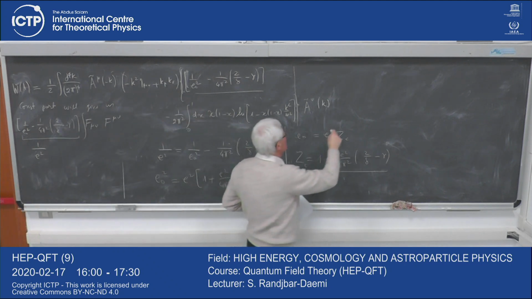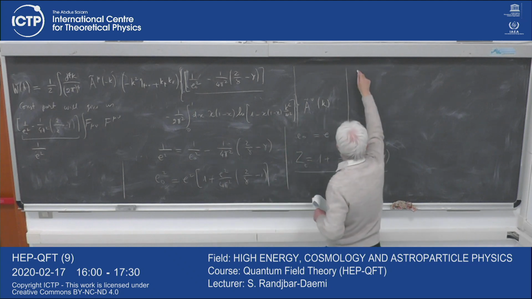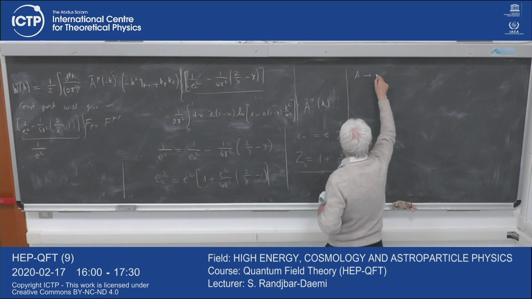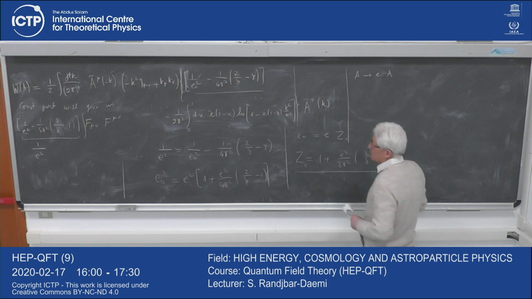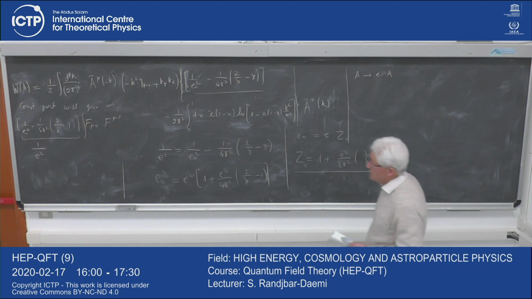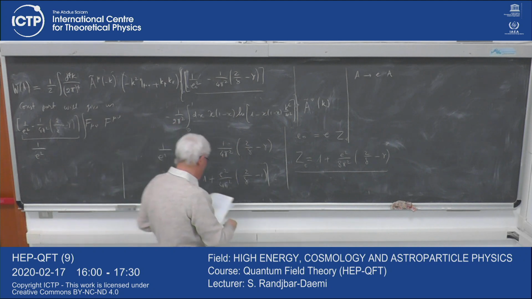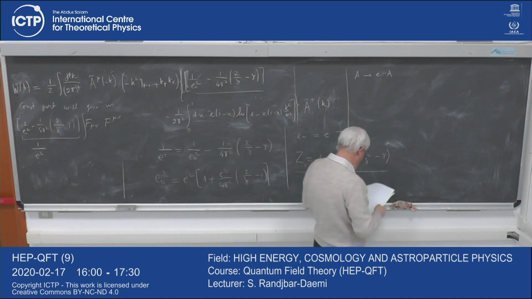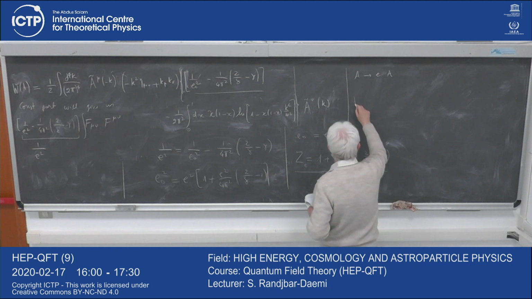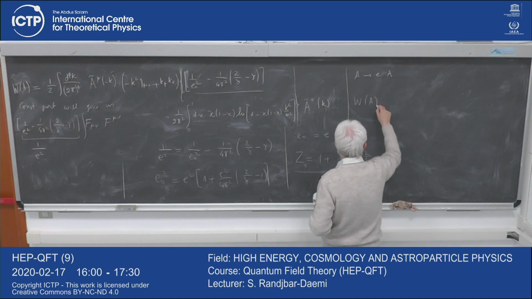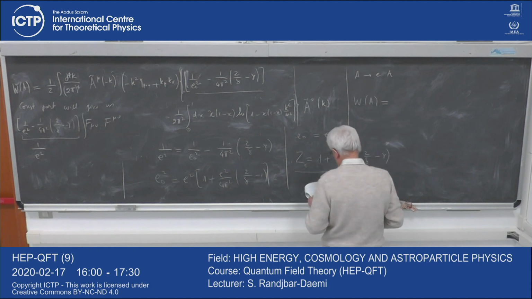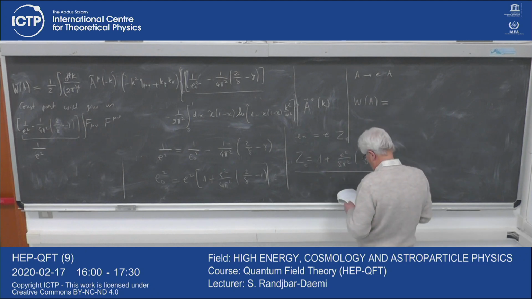And now, in fact, what I want to do is to send A to e times A. Then e disappears from the first term and e appears in front of the other term. I'm doing this for the next lecture, actually. And write the expression in the form